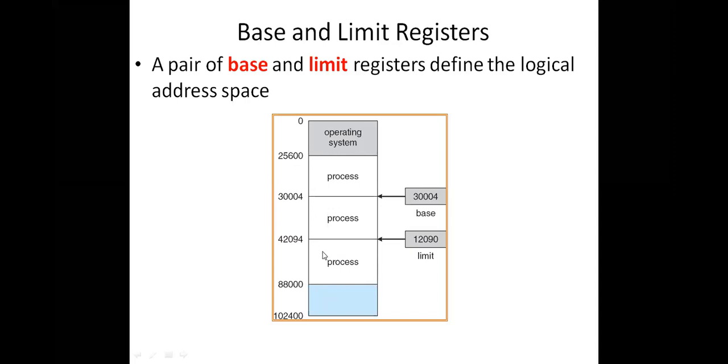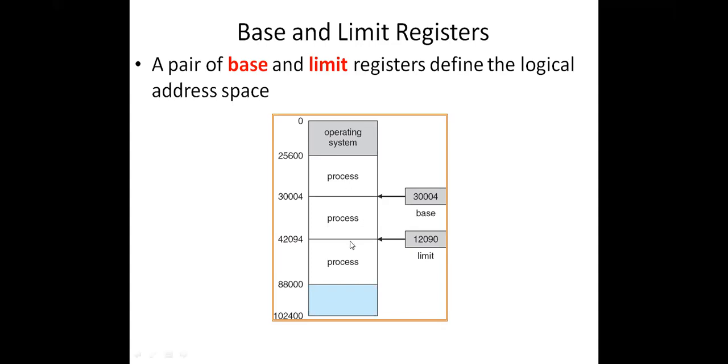As I told you, when we discussed the introduction to the operating system, in some textbooks the operating system is in the upper part, in some textbooks it may be in the lower part, but the operating system will start from the 0th memory location. Here in this diagram the operating system is on top, but it starts at the 0th location. After the operating system, the entire remaining part is used for the user area.